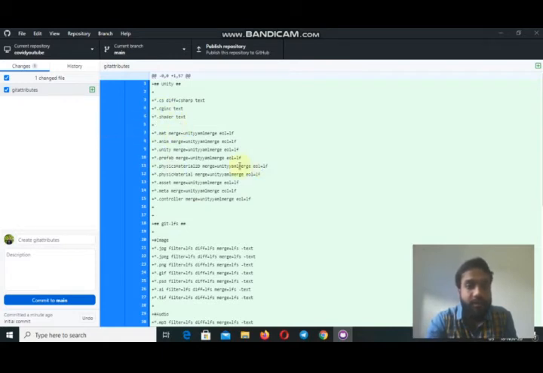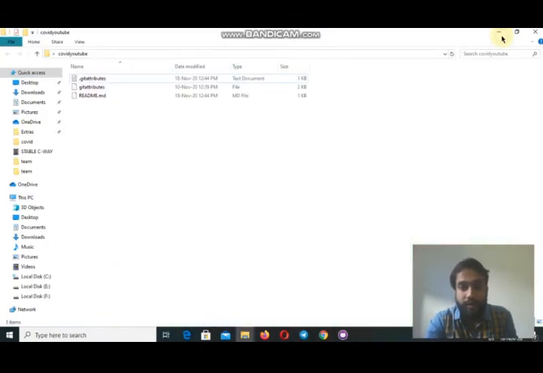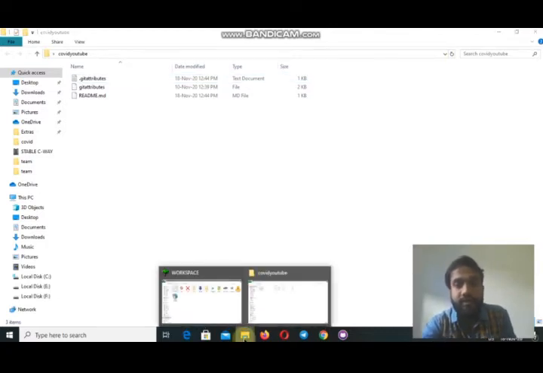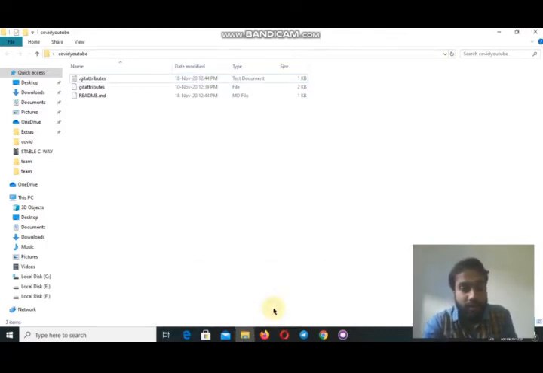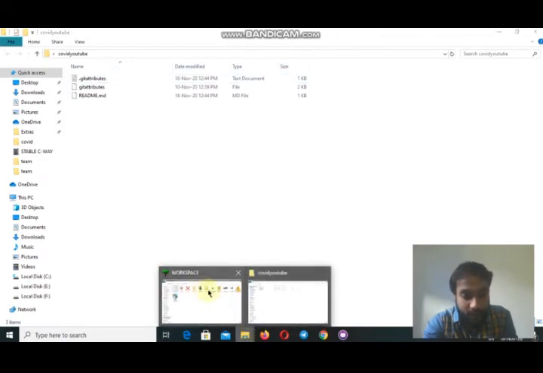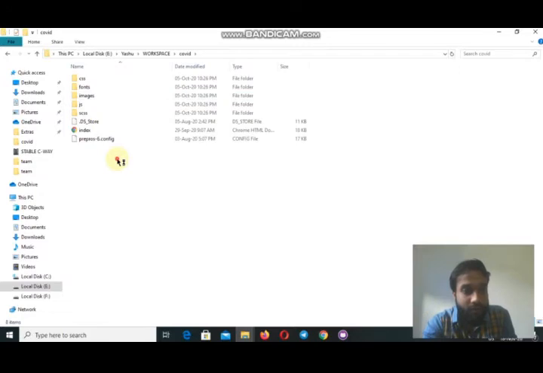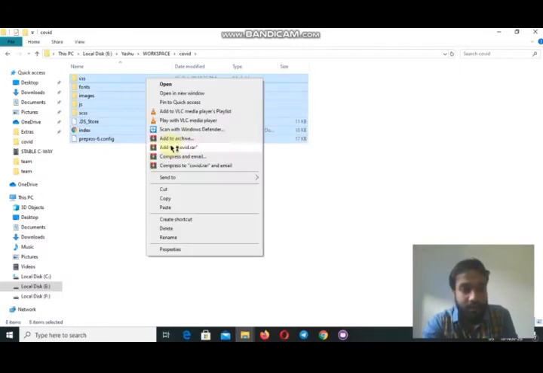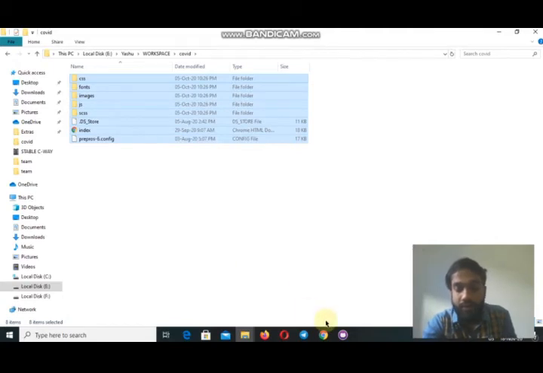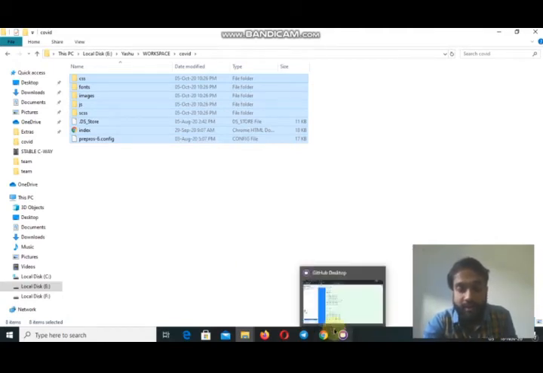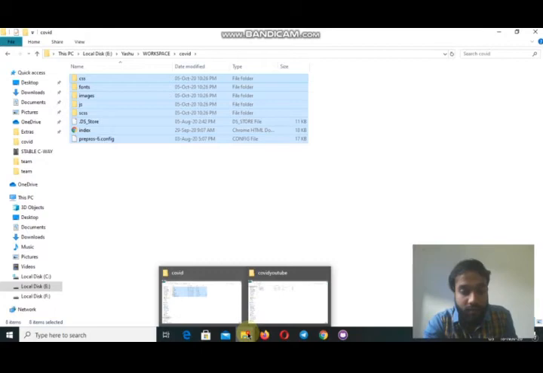Okay, so after doing this, what we have to do now is, in this created repository folder, we have to copy all these files which were not uploading to GitHub, as there are a lot of files.